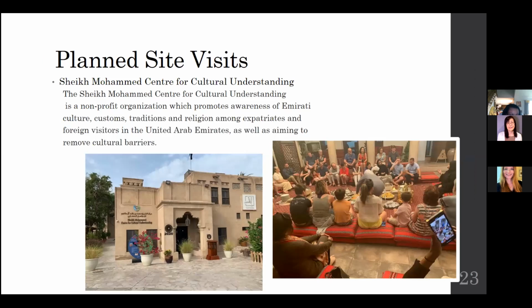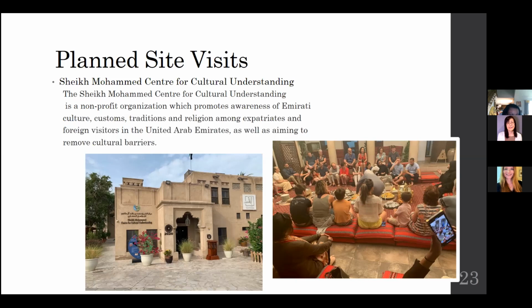This is one of my personal favorite cultural events to attend, the Sheikh Mohammed Center for Cultural Understanding. It's a nonprofit organization which promotes awareness of Emirati culture, customs, tradition, and religion among expats and foreign visitors in the UAE, as well as aiming to remove cultural barriers.